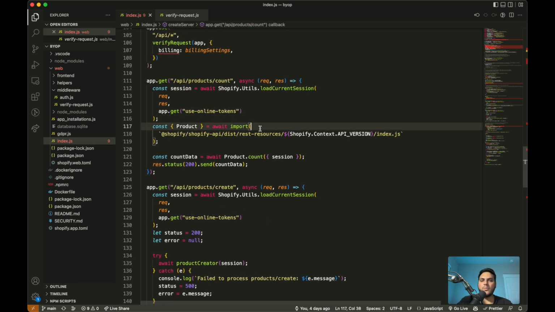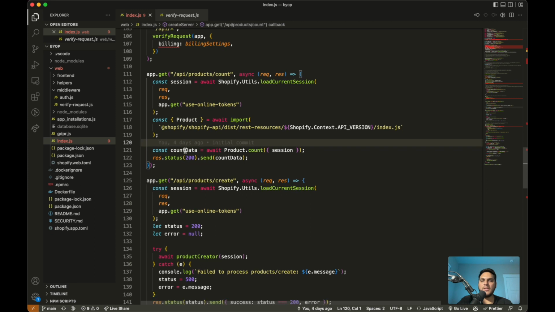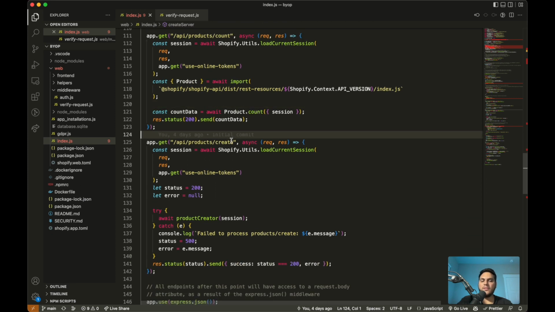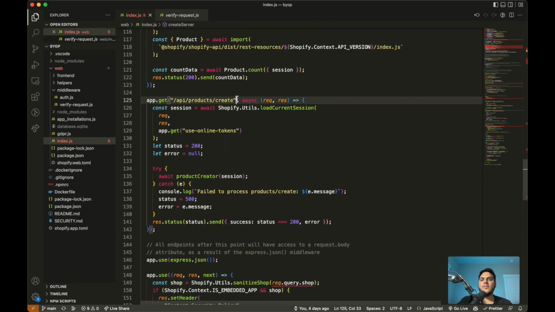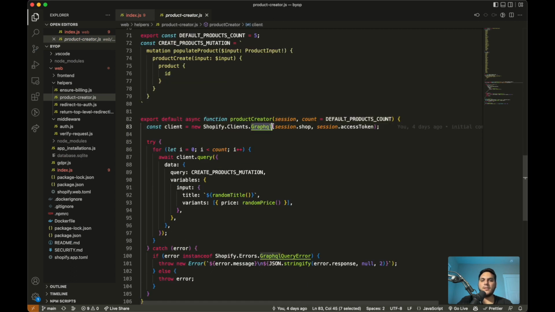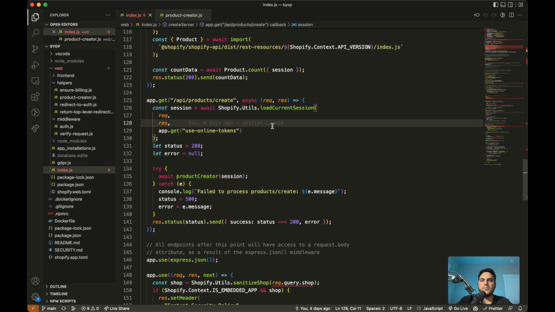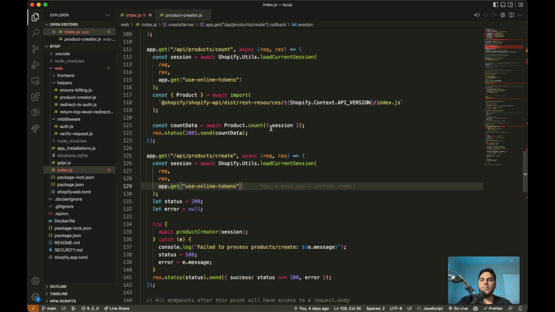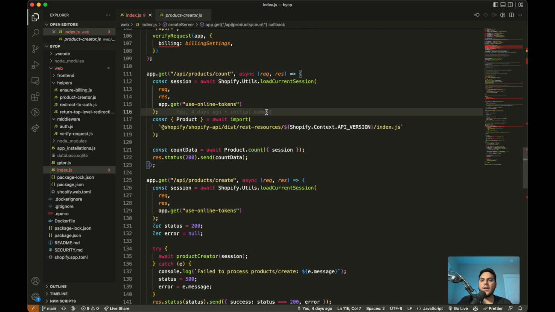This one is using the REST API to get the product count, and this one is using the GraphQL API to create products. It's using this helper function here, product creator, but if we go into it, you can see it's using the GraphQL client. So, which we'll also get into using the REST versus GraphQL, but it's totally possible and totally fine to use